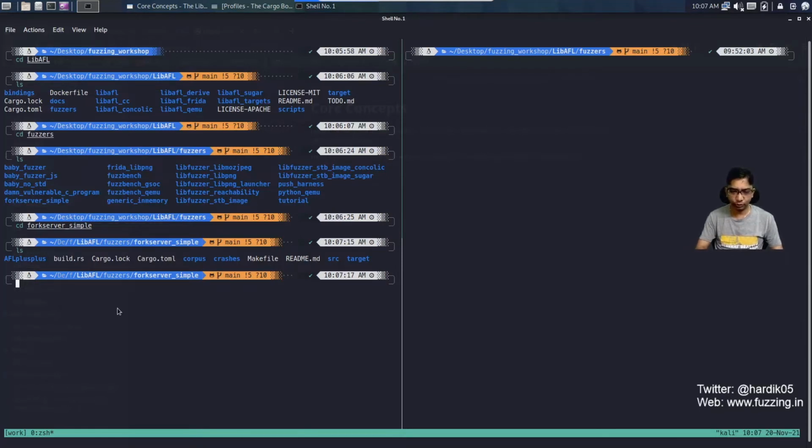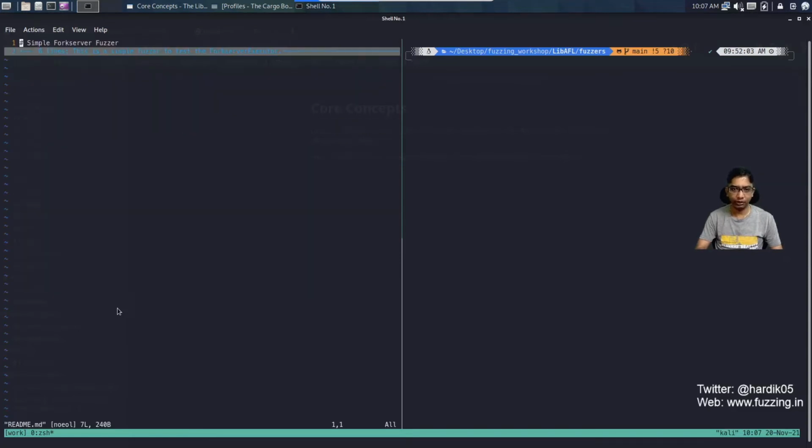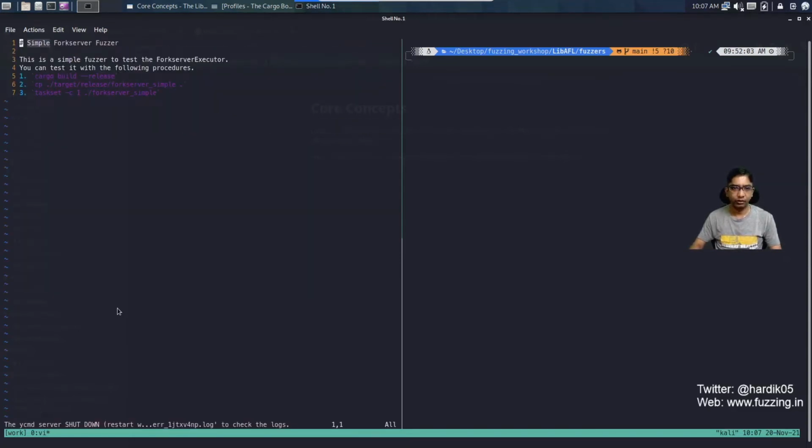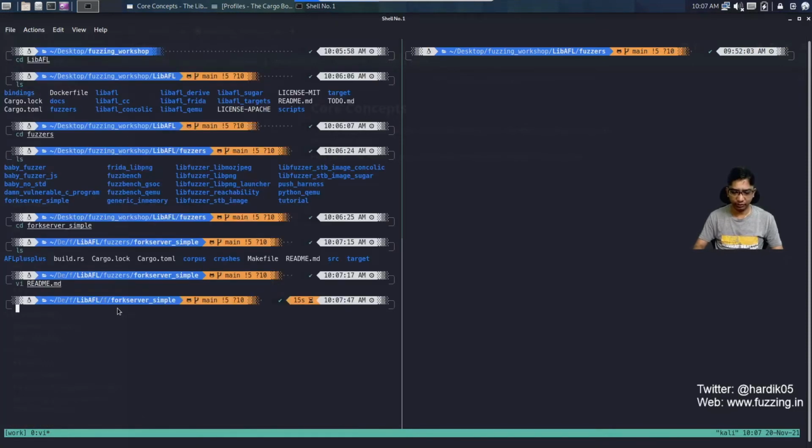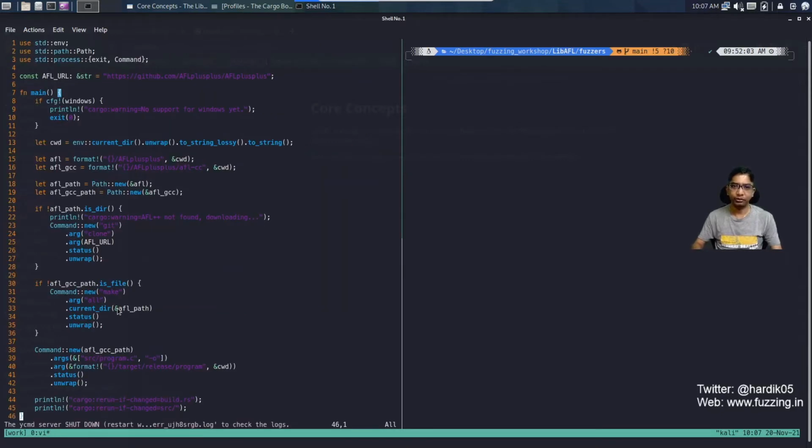So let us open and see what the README.md file contains. It basically contains steps to compile and run this fuzzer. It doesn't contain much detail, but that is fine. Let us go ahead and see what the build.rs file contains. Remember that this fuzzer has been written in the Rust language, so what you are going to see is Rust code, and you may need a little familiarity or experience with Rust. It is easy, you can spend some time and learn it. It is not a complex thing.